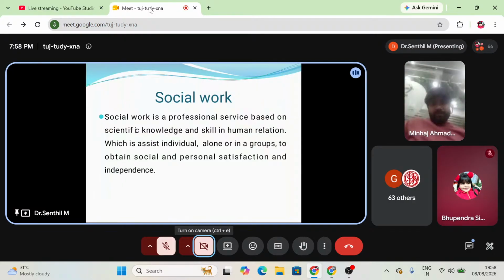When we talk about psychiatric social work, many people think that the role is limited to only counseling the patient in a psychiatric hospital. But actually, the scope is much broader. A psychiatric social worker can work in hospitals, community mental health programs, de-addiction centers, child guidance clinics, correctional settings,